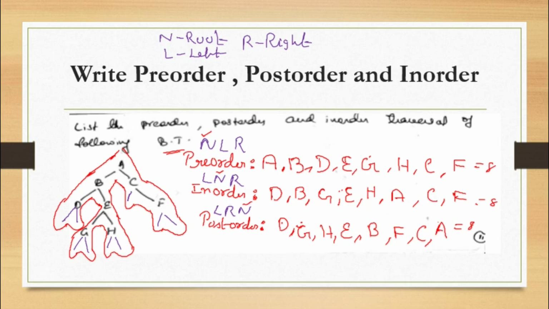So you can pause the video and try this in the traditional method also. You have to get the same answer. And how do you find it in the traditional method? If it is pre-order, then you need to put NLR. If it is in-order, you have to put LNR. Then if it is post-order, you need to put LRN everywhere. So put this and check everywhere, and be sure about your answer.